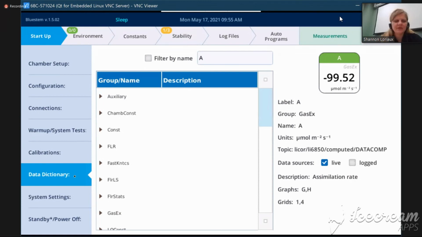There's a place for new users to go, and it's called the data dictionary. And the data dictionary is a list of all of the variables in your instrument. It lists the title, what group you can find that variable in, what the units of that variable are. And if